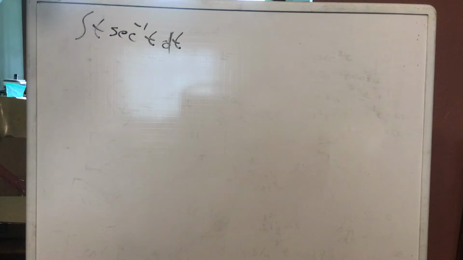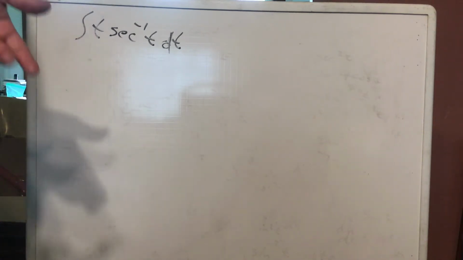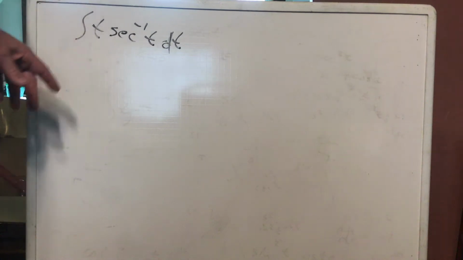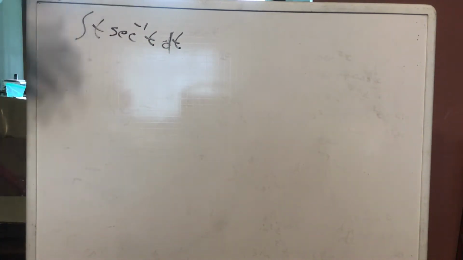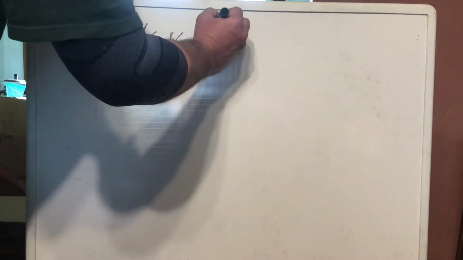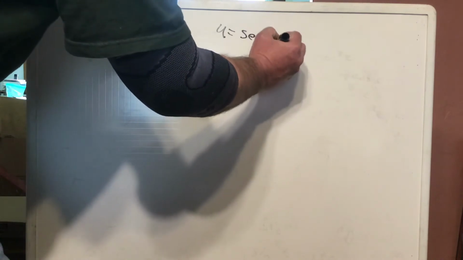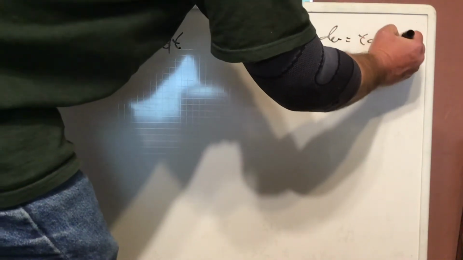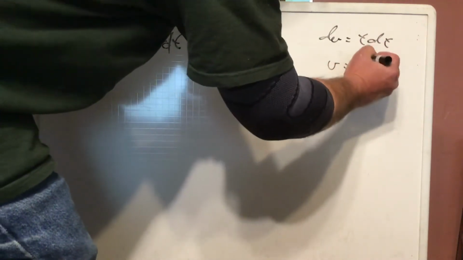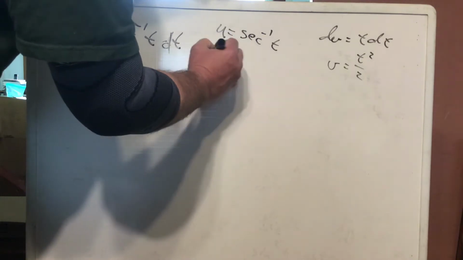parts. Normally I would say you make t into your u, then you integrate it and it goes away fast. But in this particular case, it reverses on that, which is the tricky aspect of this. So instead I make u be inverse secant of t, and I make dv be t dt. v is then t squared over 2, and du/dt